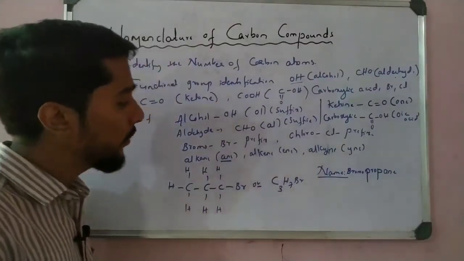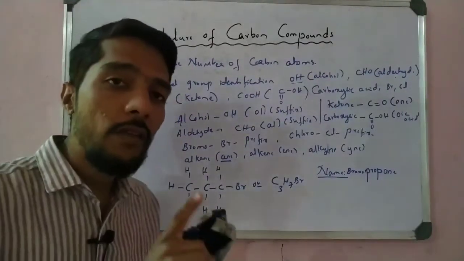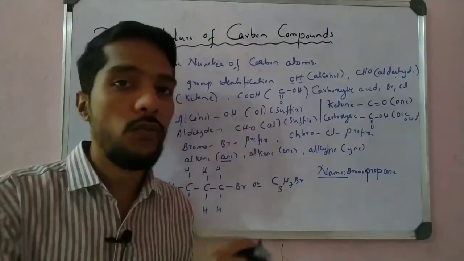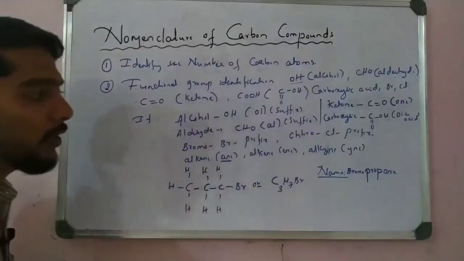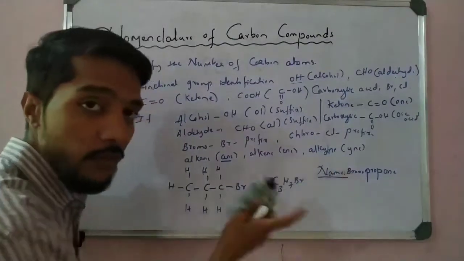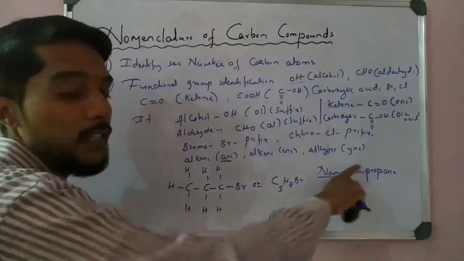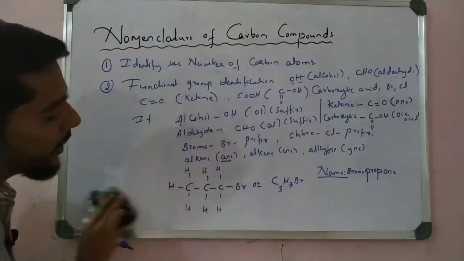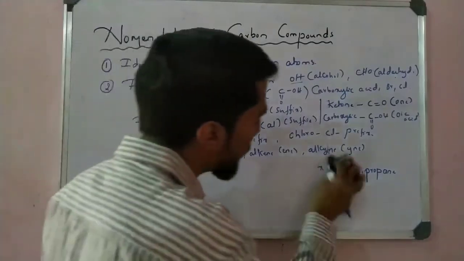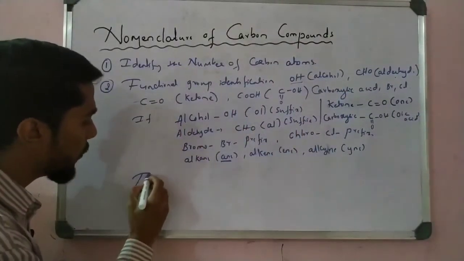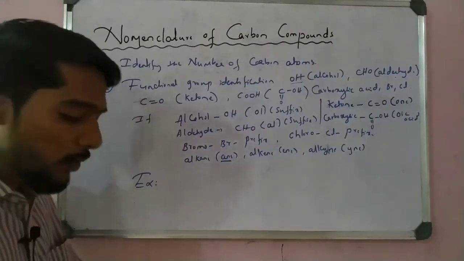Here the functional groups are heteroatoms, halogens. One is Cl, one is Br. If Br and Cl are present, we take bromo first and chloro first, and after that we can name the compound. That is our prefix. We call it the prefix, placed before the number of carbons in the name. That is bromo or chloro. This is one example. Now take another example to understand this concept clearly. Naming of the compound is very important for 2 marks in the examination.